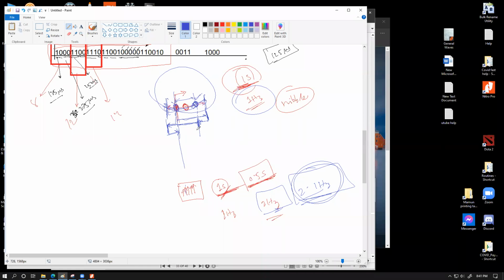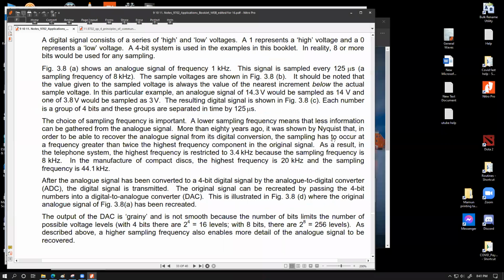So that's the important bit. That's what Nyquist showed, that in order to be able to recover the analog signal from its digital conversion, which means that you have done the digital conversion, but as you recover, are you going to get the full exhibited behavior of the original analog signal out of the digital conversion. To have that, our sampling frequency needs to be more than double of the highest frequency component of the original analog signal. Twice the highest frequency component of the original analog signal. If this is not so, our recovered analog signal will not properly resemble the original analog signal, and will have a significant loss